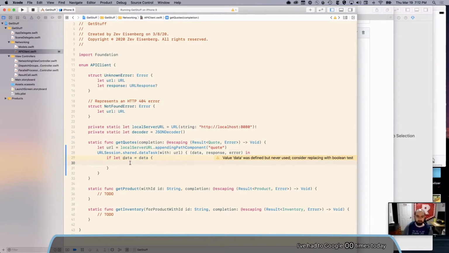So we need to decode that data, which hopefully is JSON. The way we would typically do that, we have a JSON decoder here. So I'm going to do let quote equals decoder dot decode. Give me a quote, please, from the data.